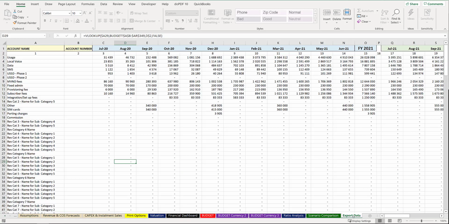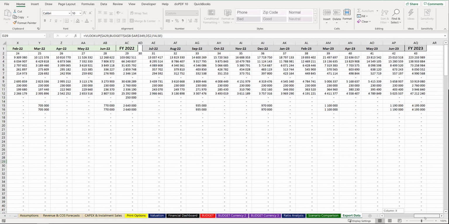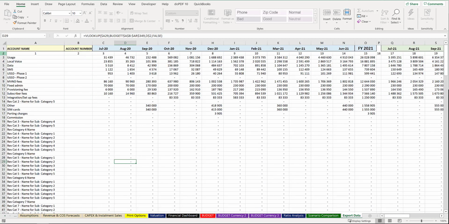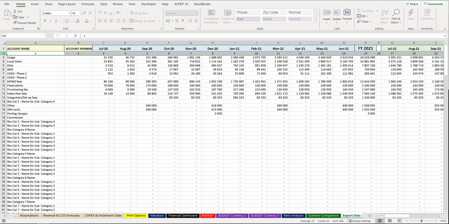You'll see it's a very plain looking page. The first two columns show your account names, which are as you've set them up in your chart of accounts, with the appropriate account numbers that you may have set up. In this particular example, no account numbers have been set up and therefore they're shown as blank. The amounts are shown without any currency format, and as you can see, we've got the various months for the 3 years going across. In row 2, there are column numbers, and simply once you're happy with this,